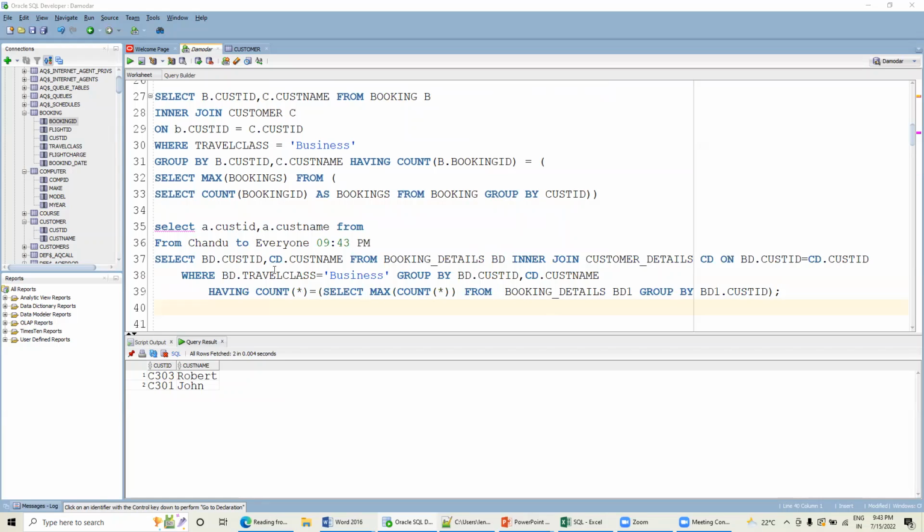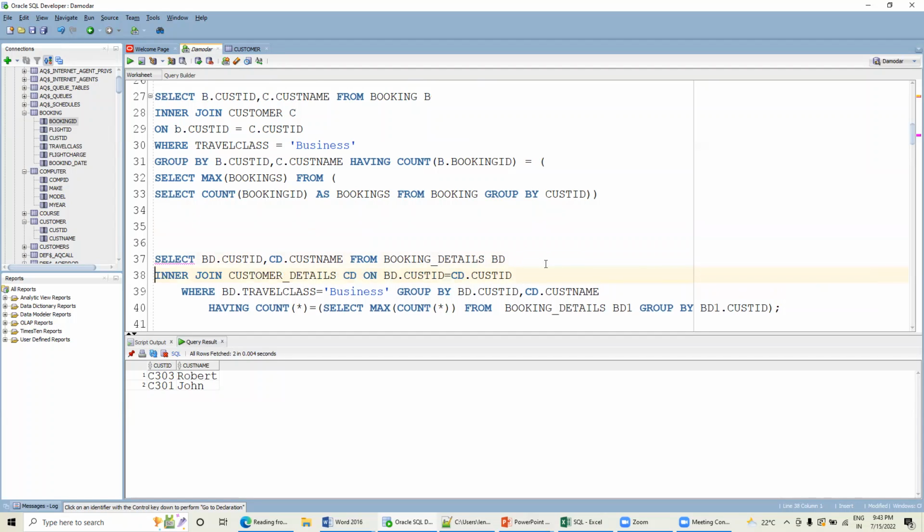Yeah, okay. Up to group by almost same. Yes. Just after